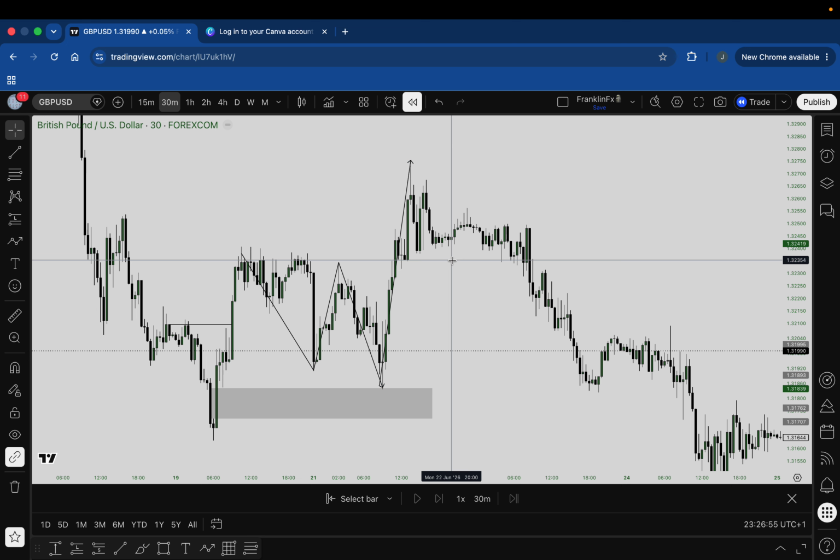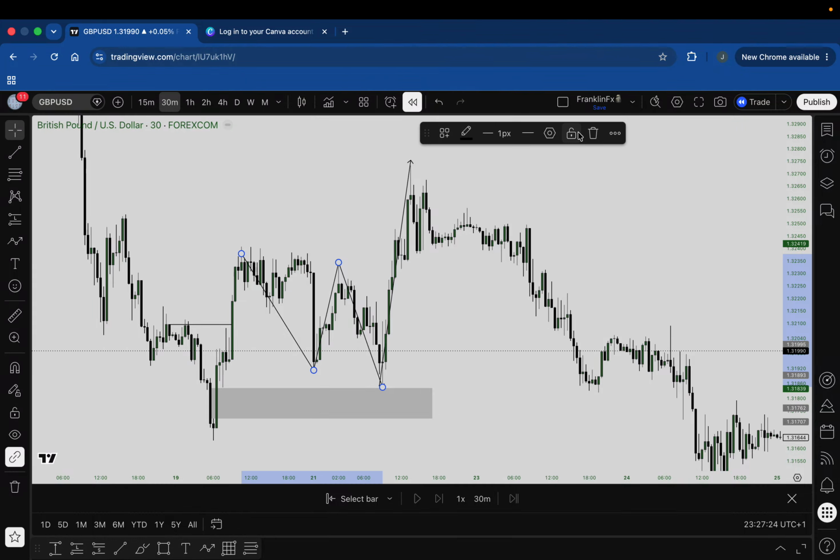Now, before you get a break of structure, before you have a new break of structure, there has to be a tangible amount of liquidity. The liquidity present here is not enough to give us a break of structure. It's like when you throw a ball into the air with a little force. Market went all the way here, but it's not enough. Came back down. Are you with me? Came back down because there's not enough momentum. The liquidity is not enough. And then came back down, clearing everybody here.